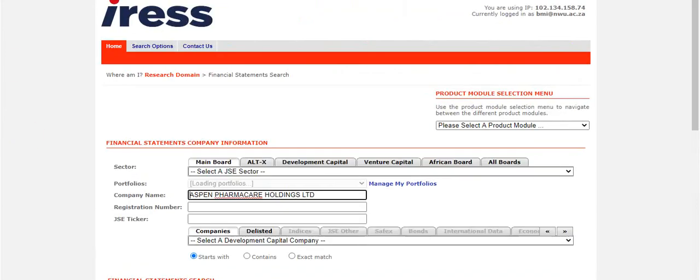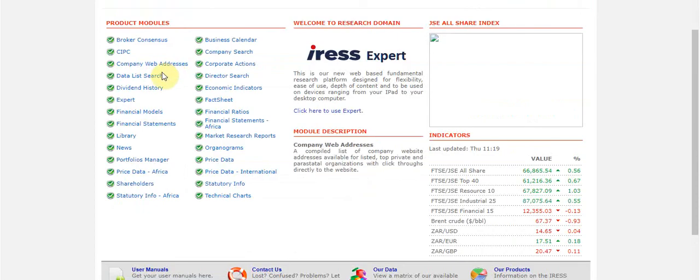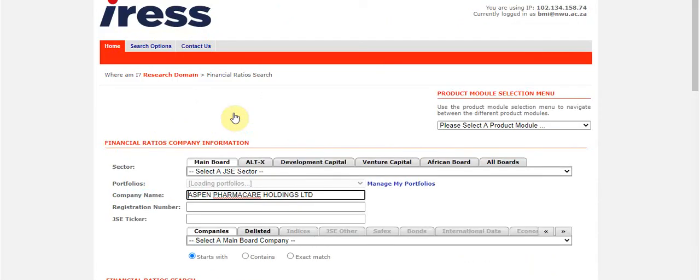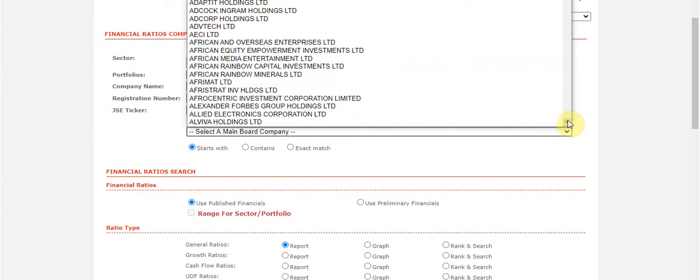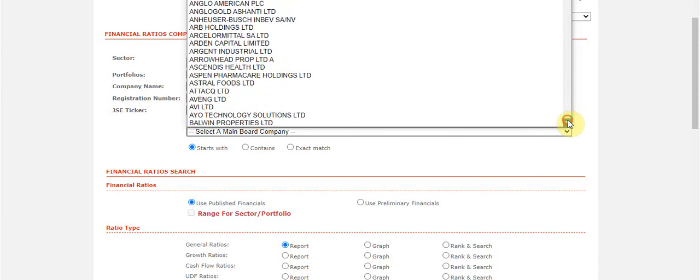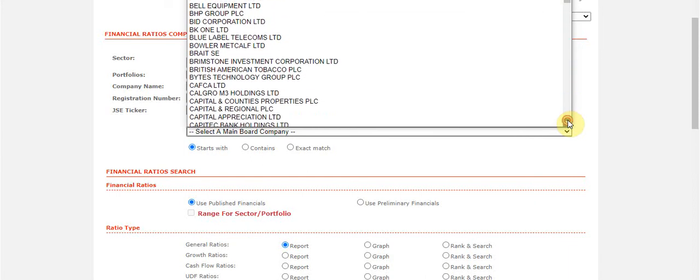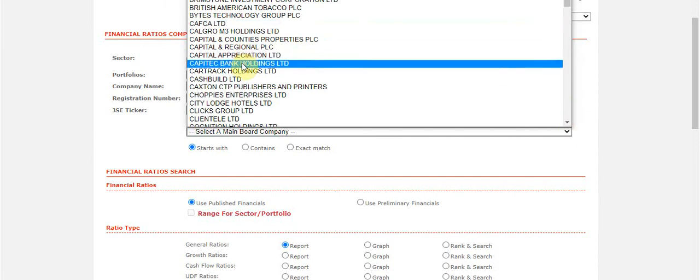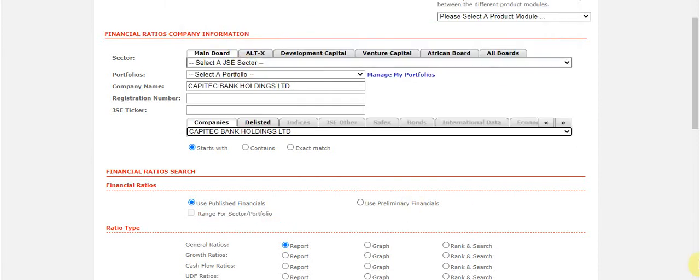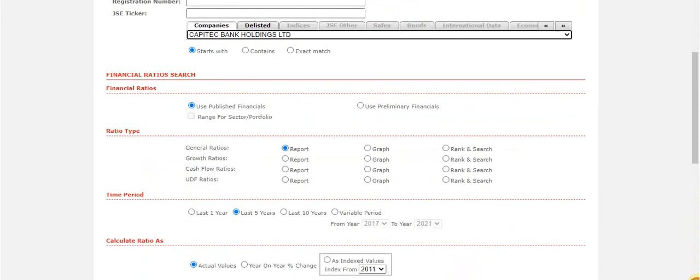It also gives you other options. I just want to go back. For example, here you can go and look at financial ratios. So if you do a financial analysis, you might be interested in drawing information relating to financial ratios that you have studied now for many years. So you can see in practice they really do use it. Let's say you want to invest in Capitec. It's been a very popular bank recently.